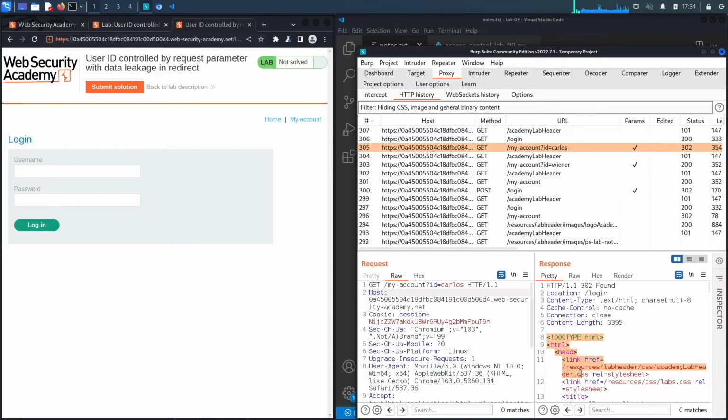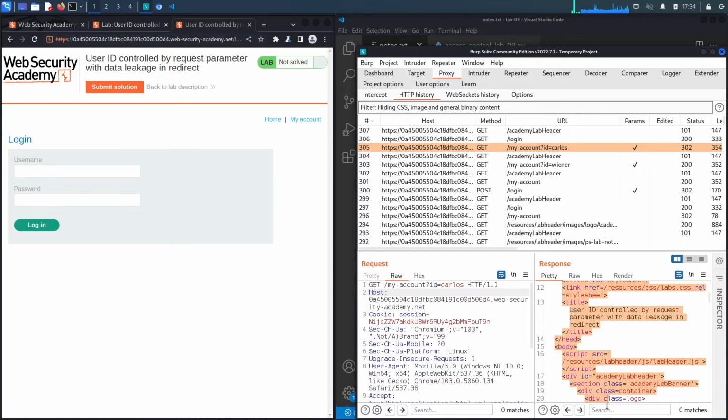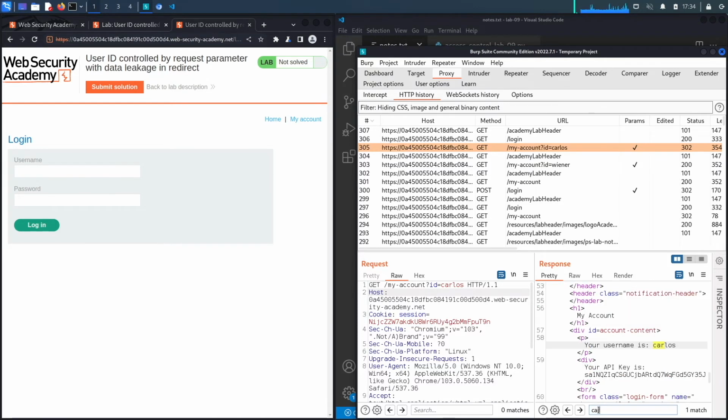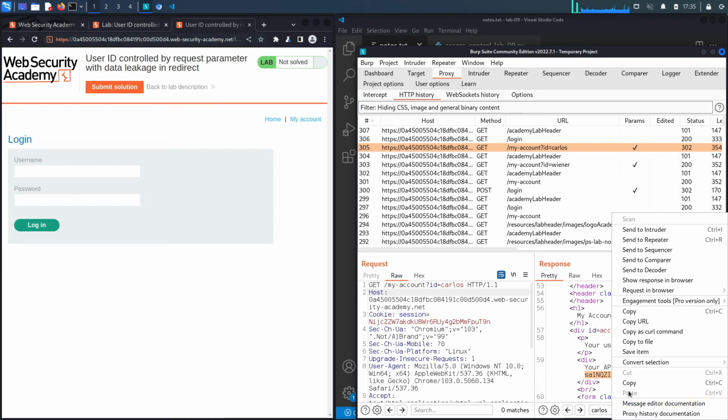However, it actually outputs the page in the 302 redirect. So if we go down over here and search for Carlos, you could see the page for the Carlos user and the API key for the Carlos user. Now, the interesting thing is that when we did it in the browser, because the 302 redirect is something that is not visible, it automatically redirects you to the page, you won't be able to see that there's actually a vulnerability. You do have to proxy the traffic in order to see if it's vulnerable. And we could see over here it is vulnerable, so we're going to copy the API key of the Carlos user,